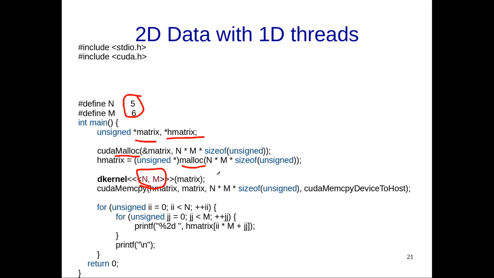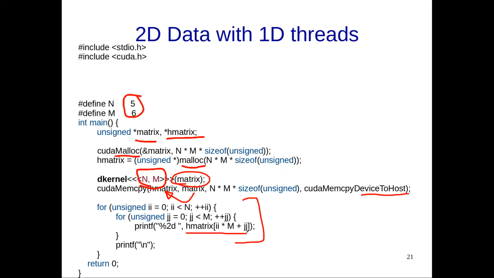What does that code do? It assigns different IDs to different elements of this matrix, which I have not shown yet here. I will ask you to probably think about it. And then once I have populated this matrix on the GPU, I am going to copy this matrix from GPU to CPU, from device to host, and then print it as a 2D matrix in nice tabular fashion,